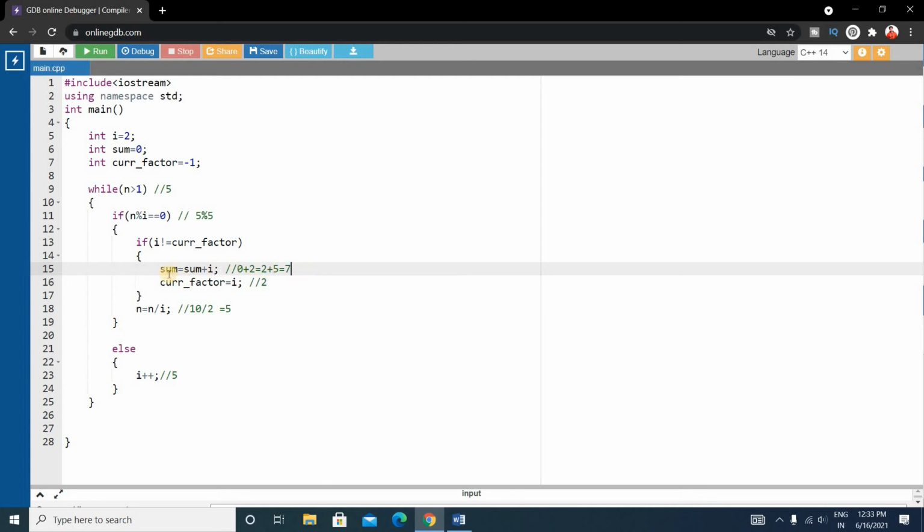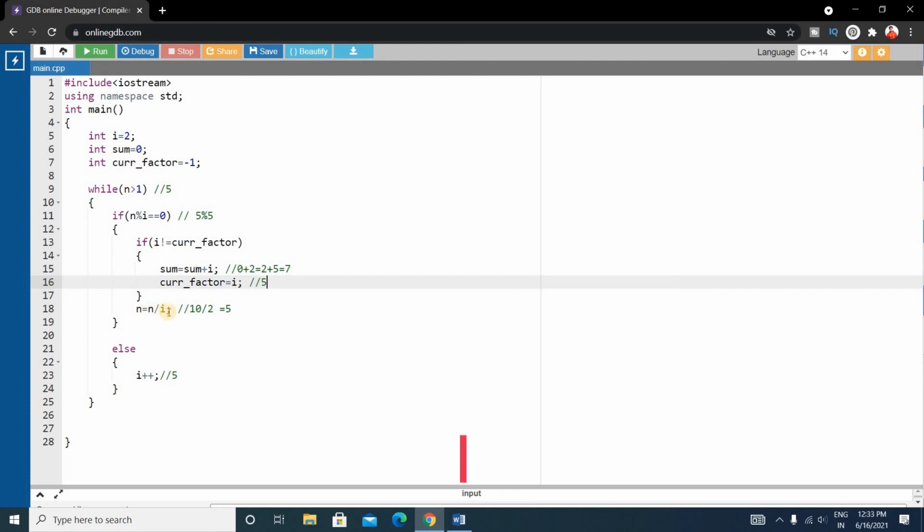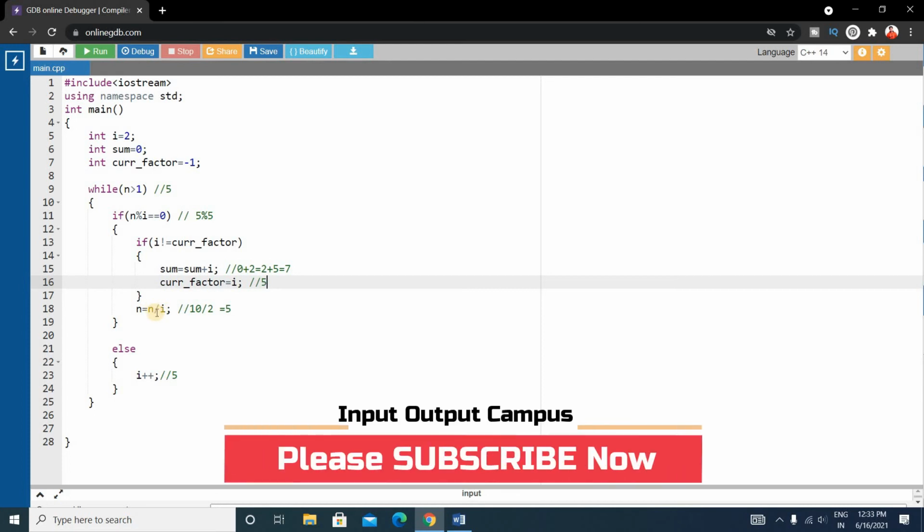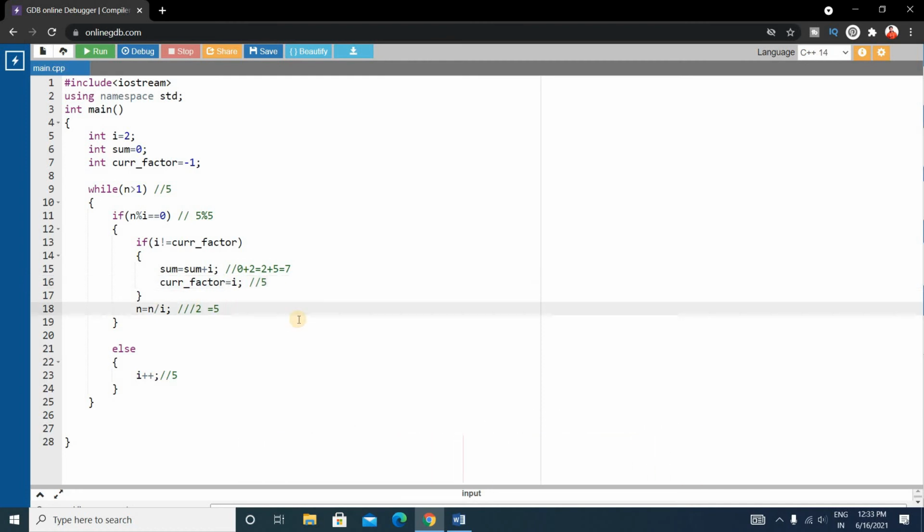Okay, 7 will be stored into sum and the i value, 5, will be stored into the current factor, so our current factor will be 5. Then n will be divided by i, that is 5 divided by 5, which is 1.